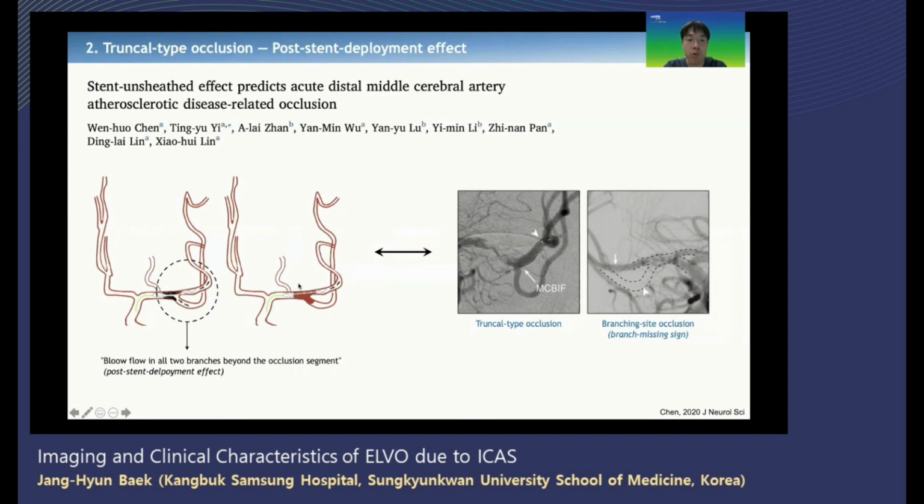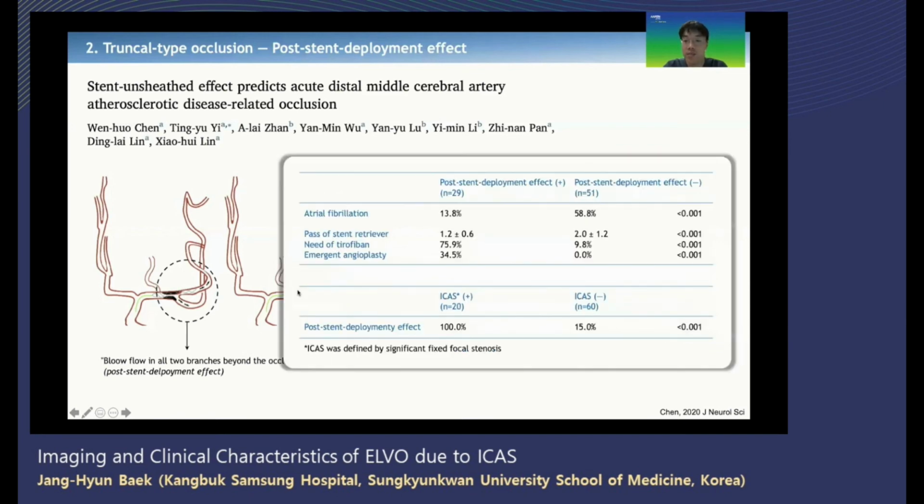And the embolus is lodged, you can see, at its bifurcation site. As expected, though, the post-stent deployment effect was significantly associated with non-atrial fibrillation, less effective stent treatment, and finally seen in all cases with